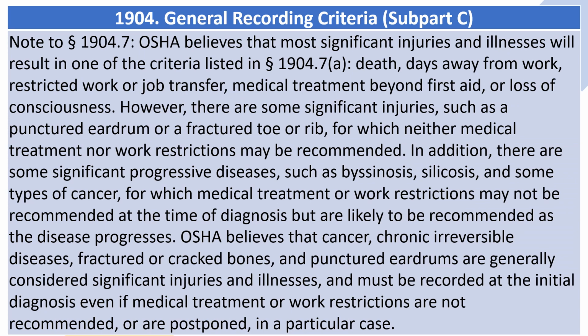OSHA believes that most significant injuries and illnesses will result in one of the criteria listed in Section 1904.7: death, days away from work, restricted work or job transfer, medical treatment beyond first aid, or loss of consciousness. However, there are some significant injuries, such as a punctured eardrum or a fractured toe or rib, for which neither medical treatment nor work restrictions may be recommended. In addition, there are some significant progressive diseases, such as byssinosis, silicosis, and some types of cancer, for which medical treatment or work restrictions may not be recommended at the time of diagnosis but are likely to be recommended as